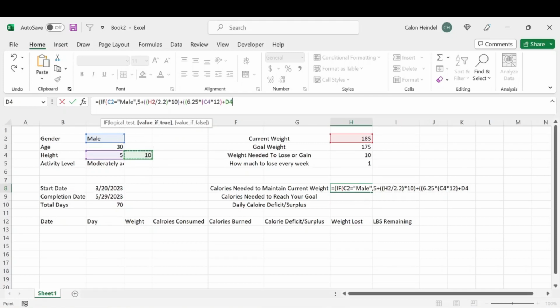So if you're using the metric system, you don't need to divide by 2.2 here, and you don't need to get this unit into inches. So add a parenthesis there, and we're actually going to add 2 more parentheses there, my apologies, and we're going to divide that by 0.3937 in order to get that into the metric system. And then we'll close that parenthesis, minus our age